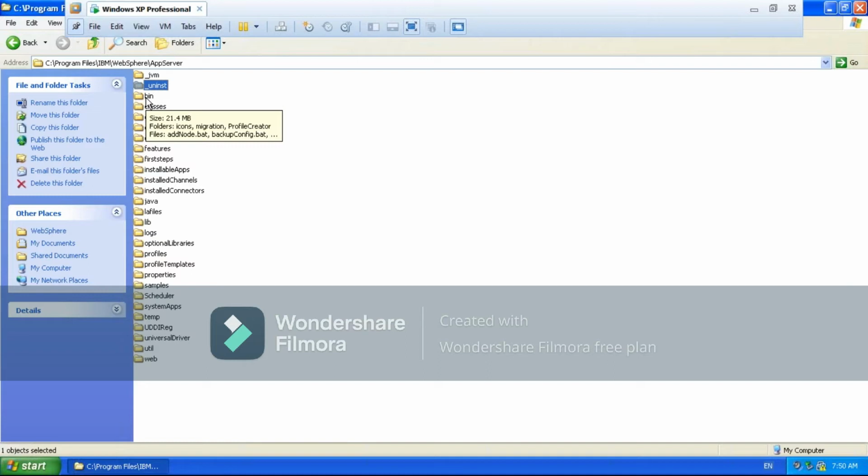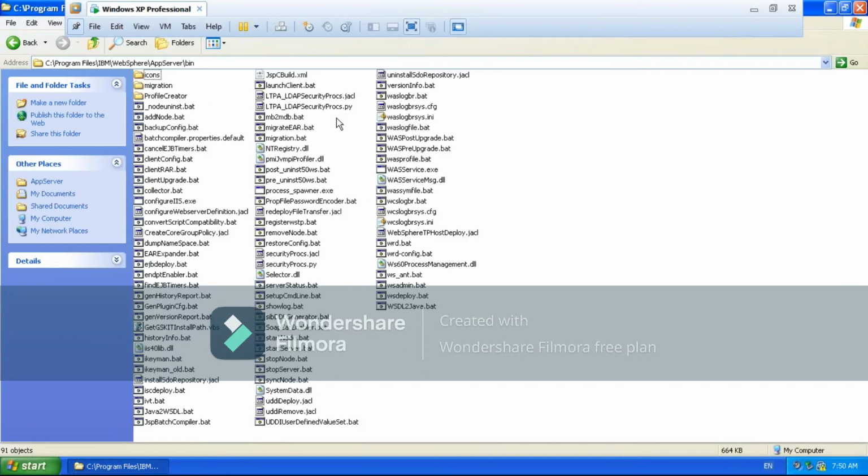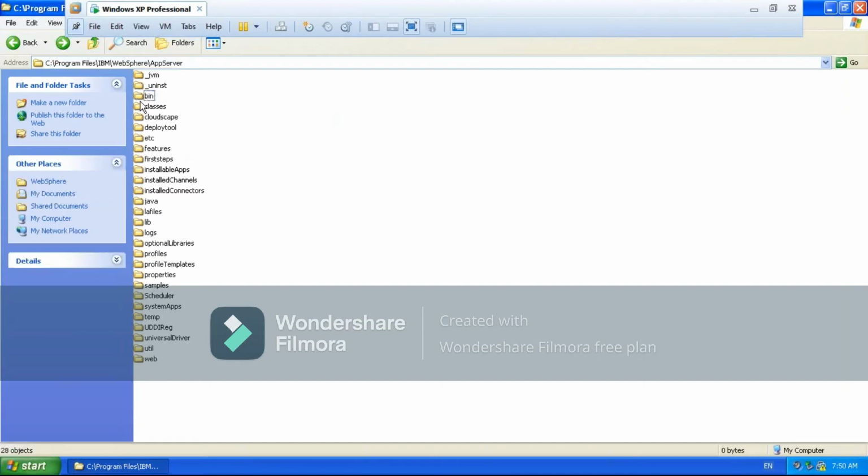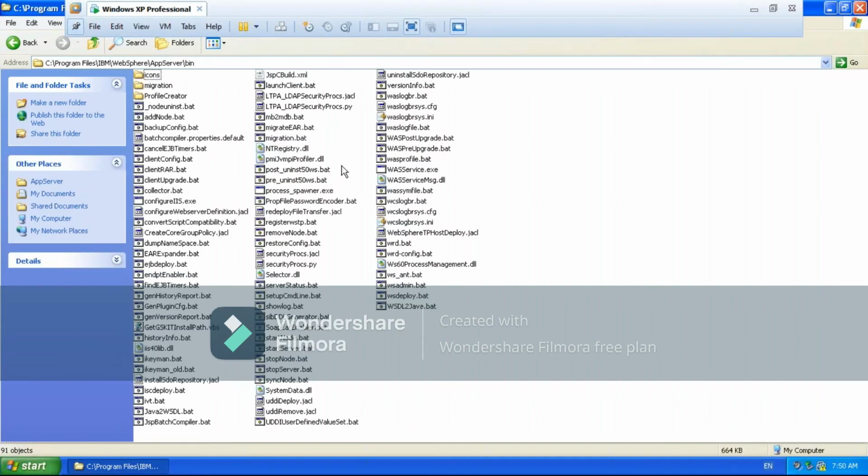And very, very important is the bin directory, where all your command line tools will be available. Remember, this bin directory will be in the WAS home, and once a profile is created, there is a profile home, and in the profile home also you will see the bin directory. Both contain the main command line tools.